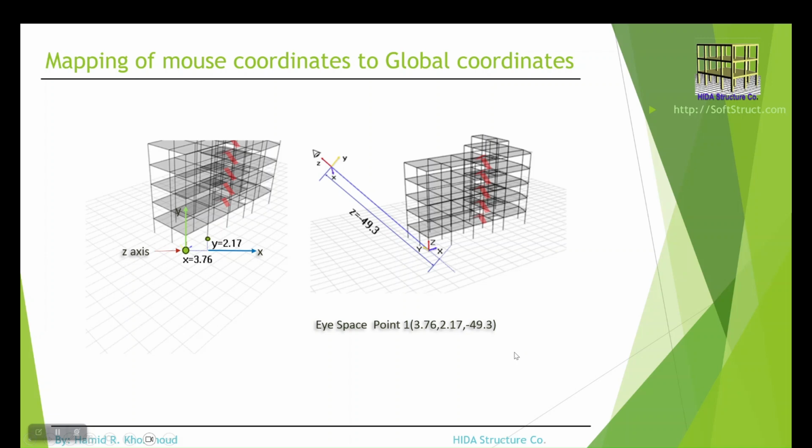The coordinates of point 1 in I space are depicted in these figures. In the left figure, the z-axis of the I-coordinate system is perpendicular to the image, hence only a dot is visible for it. The distance of the x and y coordinates with respect to the I-coordinate system are also illustrated here. The right picture presents the I-coordinate system from a different perspective. Here, it can be observed that the z-coordinate of point 1 with respect to the I-coordinate system is minus 49.3